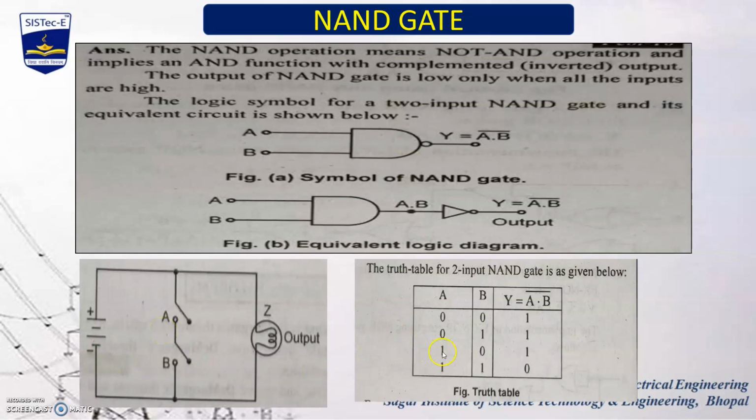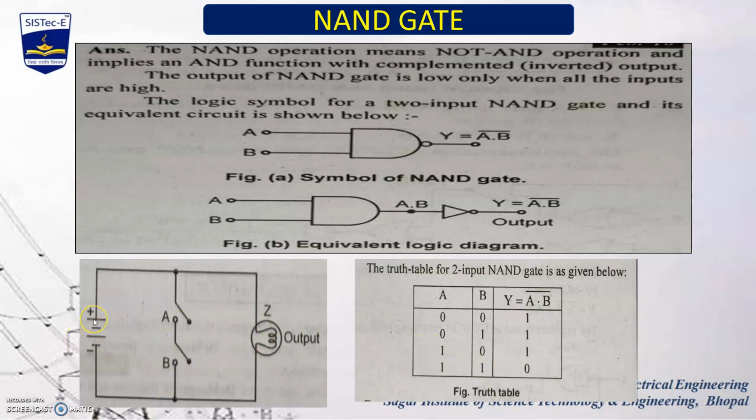In the third case, you can see when switch A is 1, input A is high and input B is low, meaning switch A will close and B will open. Again it is treated as an open circuit and the source voltage delivers current to the load, and again the output will be high. In the next case, when both inputs are high, meaning switches A and B are both 1, 1, they are closed.